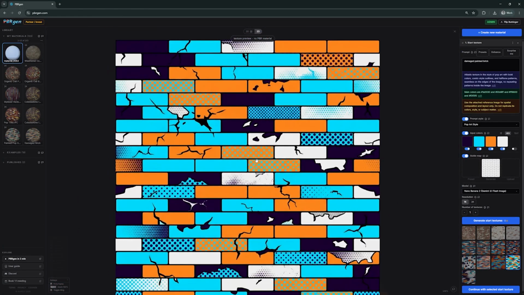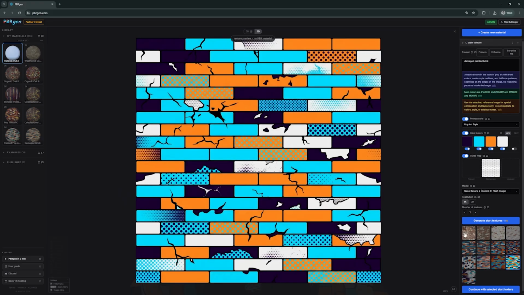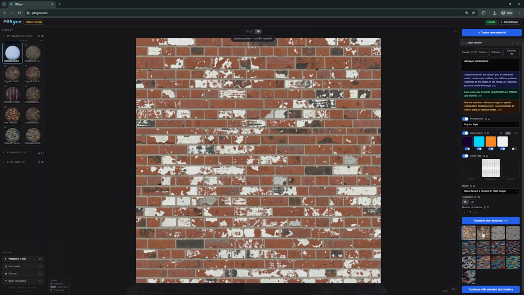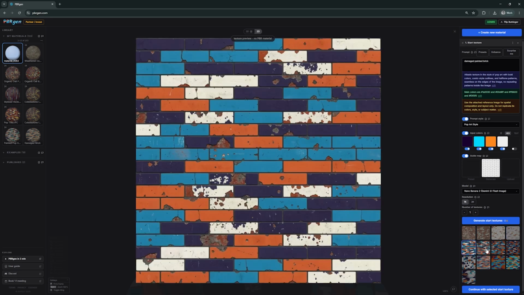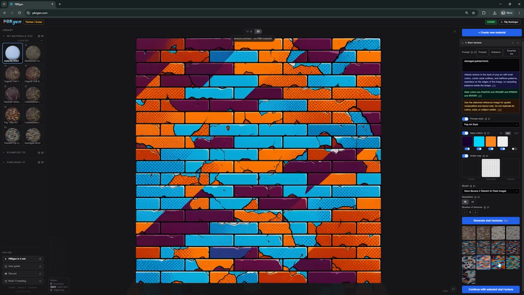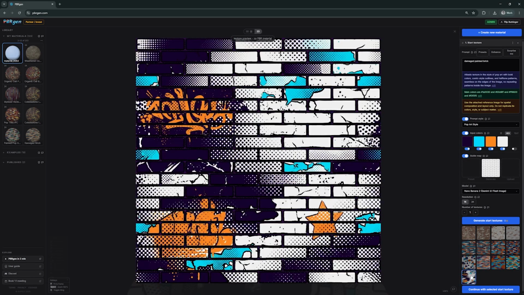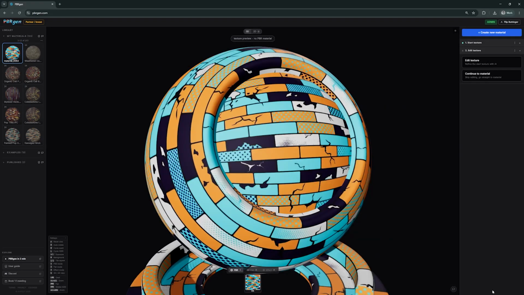And yeah, I think I like this one. You can just click through and see how we started and then slowly progressed to the thing that we want to make. This one is nice as well, but I'll do this one. So then you're done with step one, and you hit continue with selected start texture,